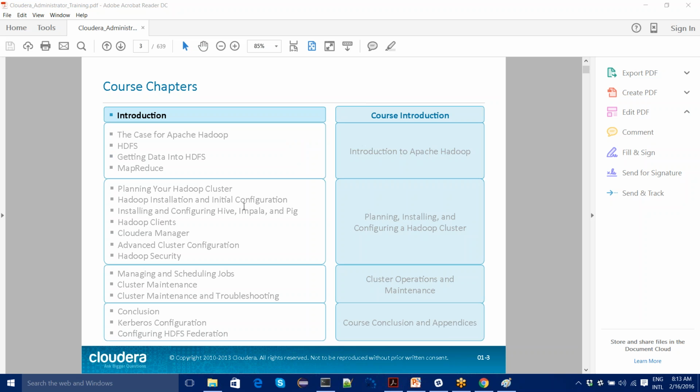I've taken the training from Cloudera, and this is the training material you will be getting. They give the training for only 2 days, and they charge around $2,500 for it.